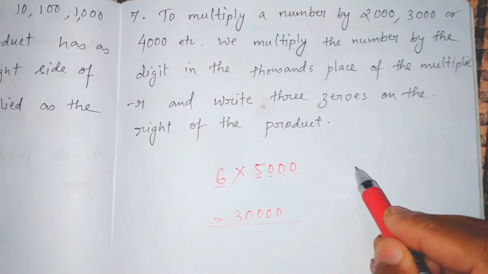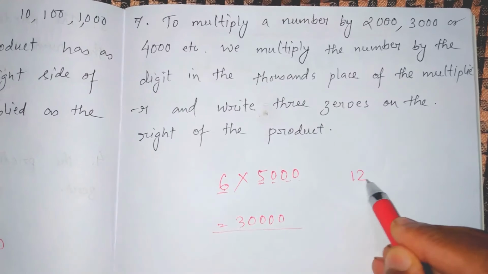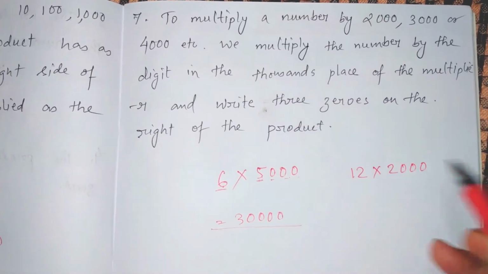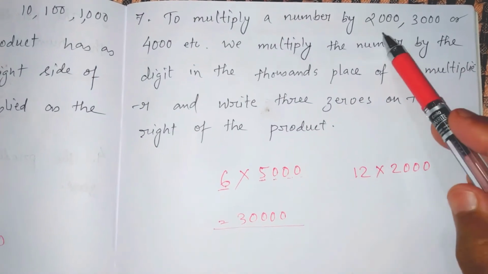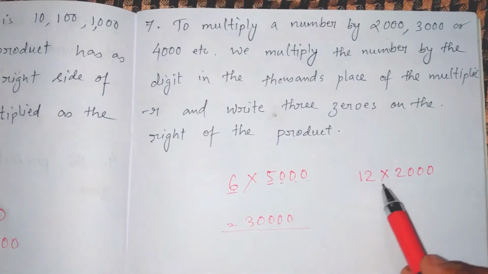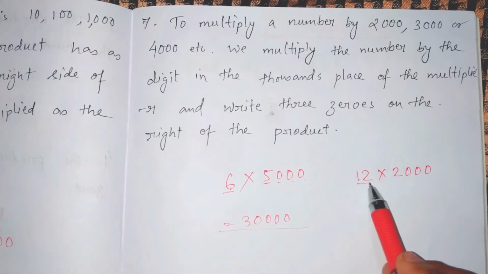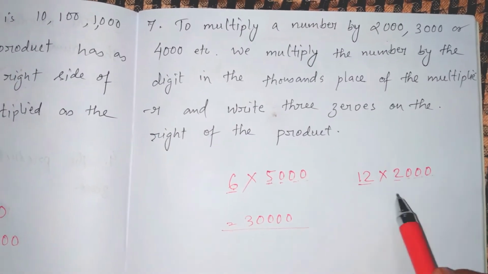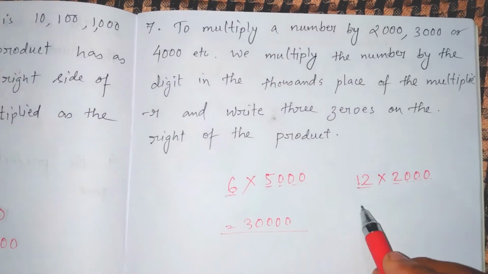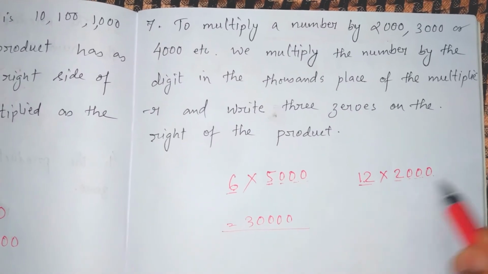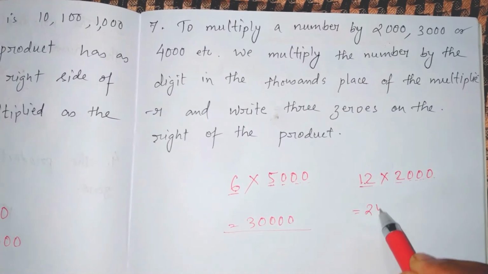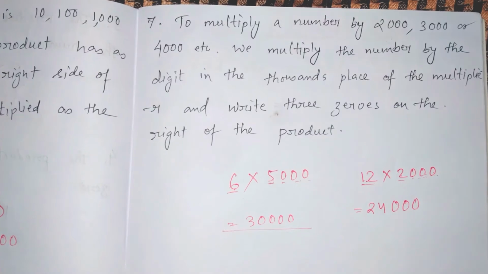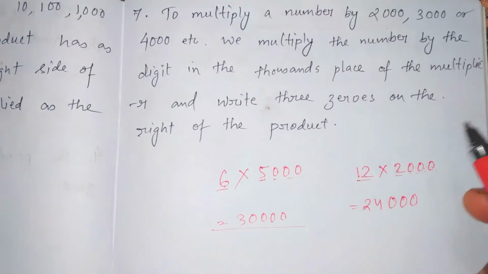Suppose I write 12 and this is multiplied with 2000. Okay, I'm writing thousands as it is written here. So I need to multiply 12 with 2. No need to write these 3 zeros. So 12 into 2 is 24. We know about this. So in the answer what will I write? I will write 24 and how many zeros? 1, 2, 3. So if I take large numbers, a similar answer will come.